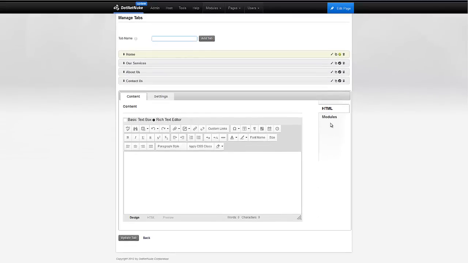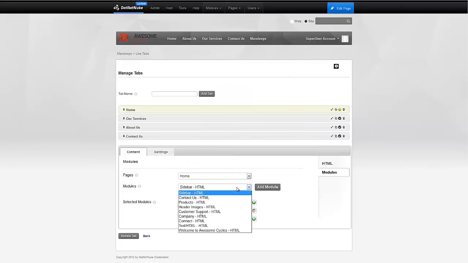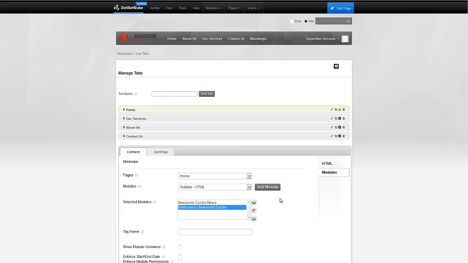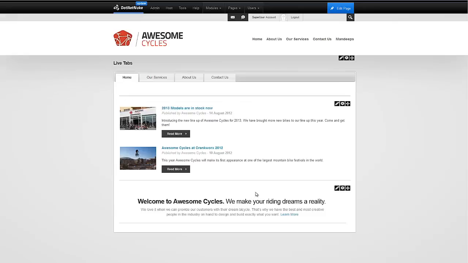Okay, now we're not limited to just one module on the page. We can add as many modules as we like. So let's take that for an example. Let's go to homepage, and then let's add the Welcome to Awesome Cycles as well. And let's go ahead and update and click back. And now you can see that we have